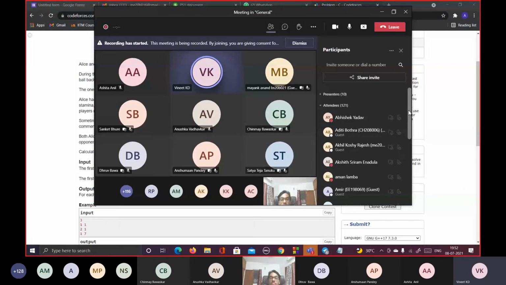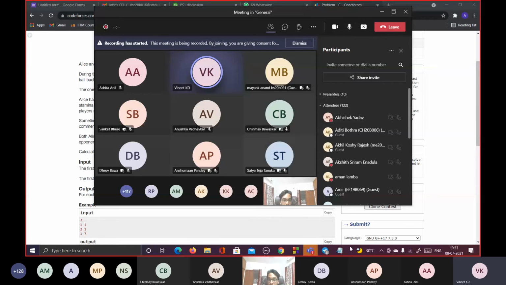Either he can just leave the ball, which will give Alice 1 point, and now he will serve and take 1 point, or he can hit, which will give him 1 point and make Alice 0 points. So between 1 and 1 and 1 and 0, Bob will choose 1 and 0, because he wants his maximum point and to give Alice the minimum. So 1 and 0 is what he will choose, and that's what the output is as well. That is for the first test case.